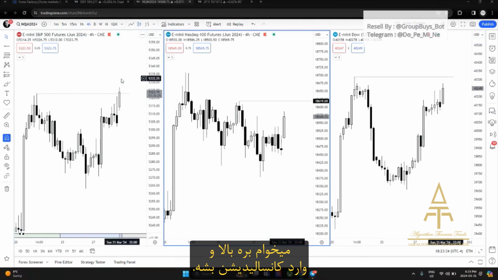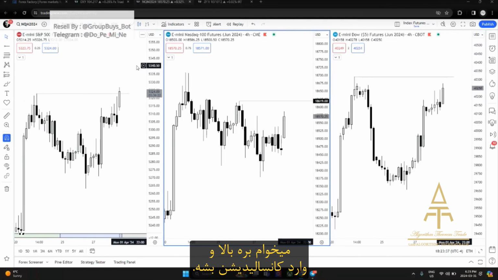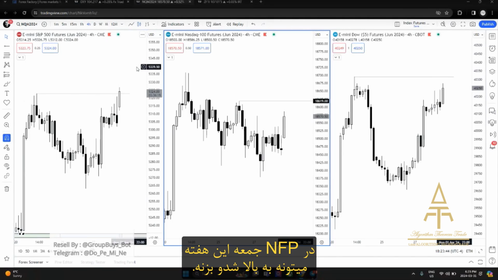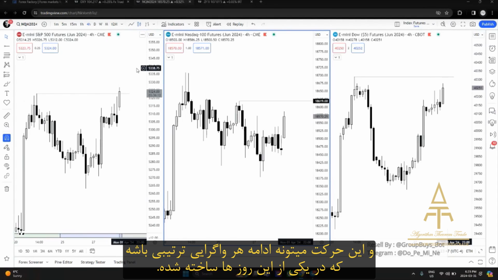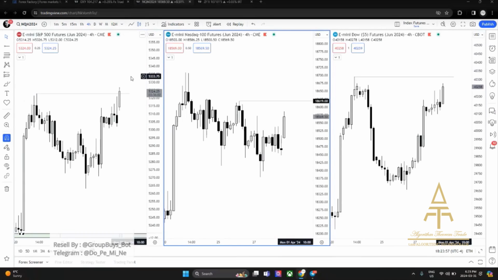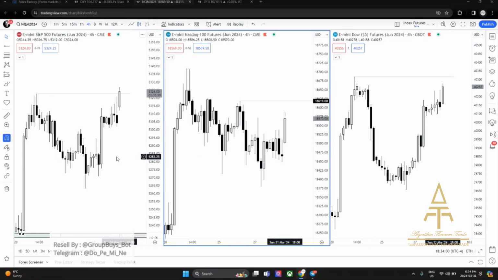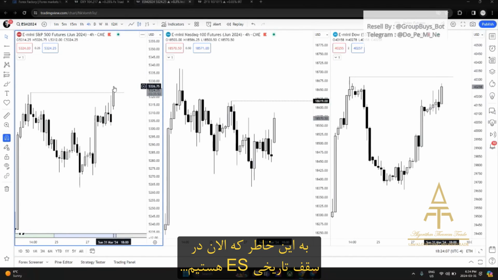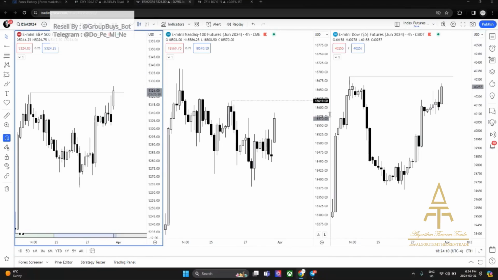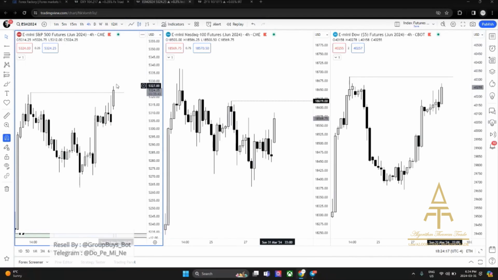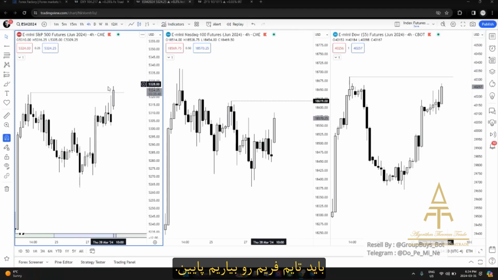You could see price trend higher, consolidate, right? Wick up, which could happen during the non-farm payroll this Friday, or that price action could just be a continuation of whichever day causes sequential SMT, right? So due to the fact that the all-time high currently for the ES was formed today, during this week, you would be toning down. So it would be going down to the